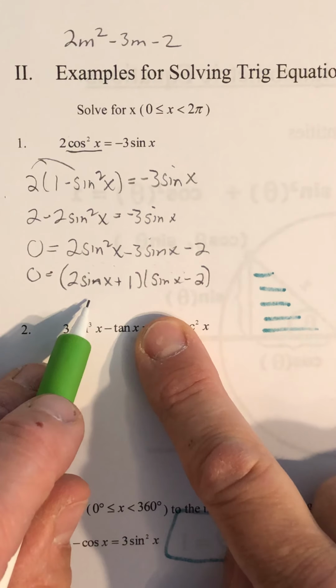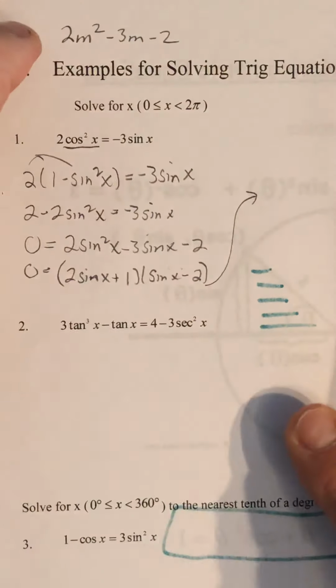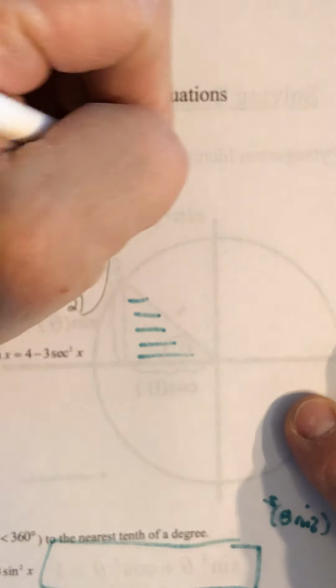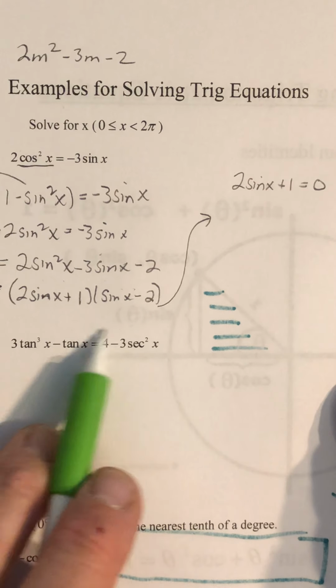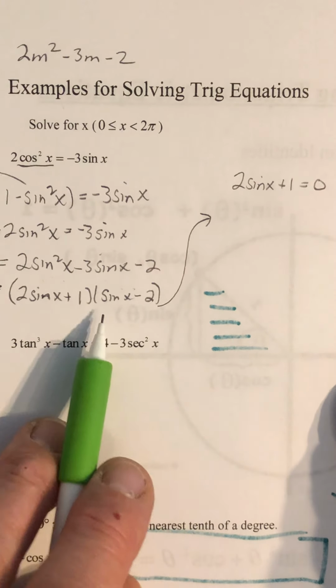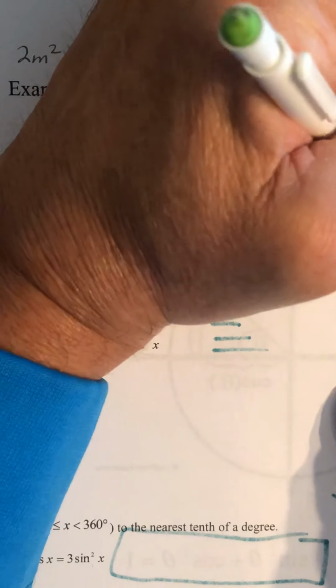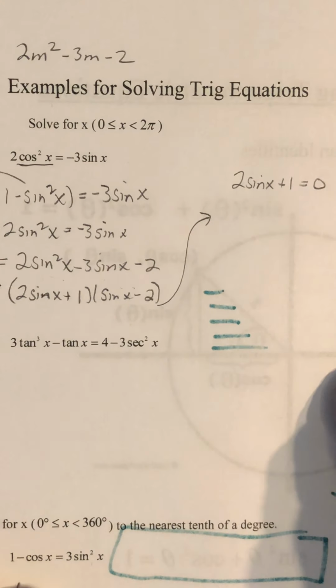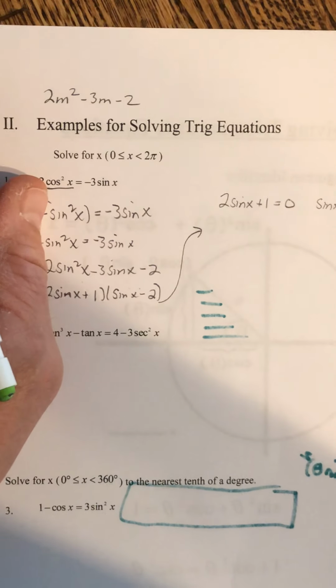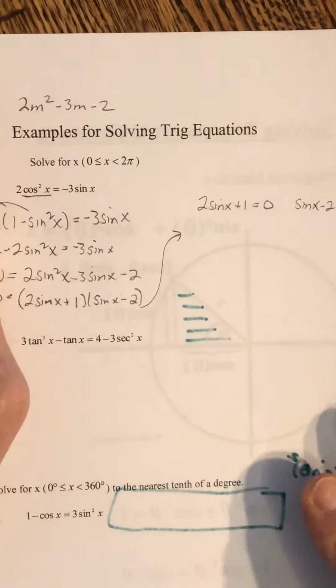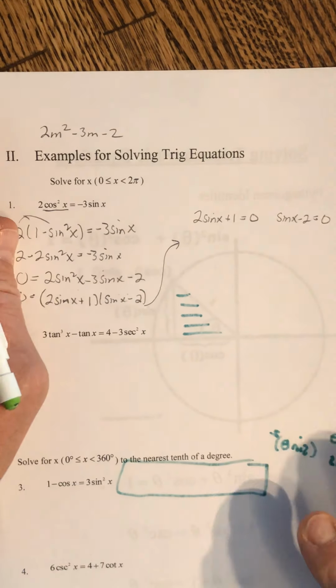I've got it factored. The next step, which I'll move up here to do this, would be to set each of those factors equal to 0 and solve. So the first factor, 2 times the sine of x plus 1, set that equal to 0, and then set the second factor equal to 0 also. Okay? I've got to back this out a little bit. There we go. Okay, so now